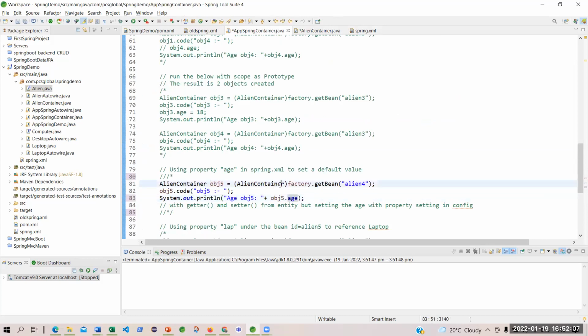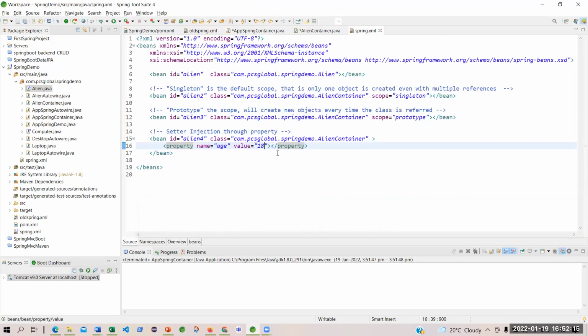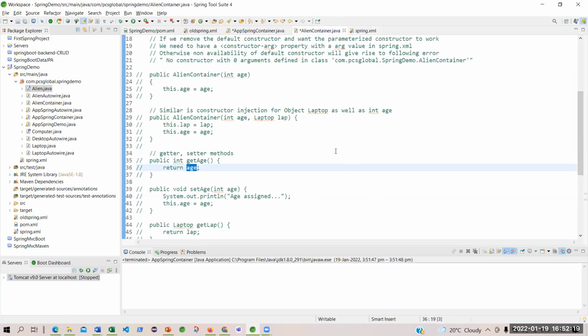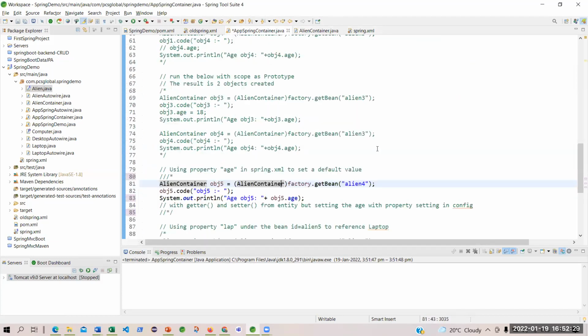I will not get any compilation error, but let's see. Okay, I have not got any compilation error. So you should see the value of age as 18. You expect it, right? I'm not making the getter open. Let it be in comment. And I will also save this. Let this be just directly.